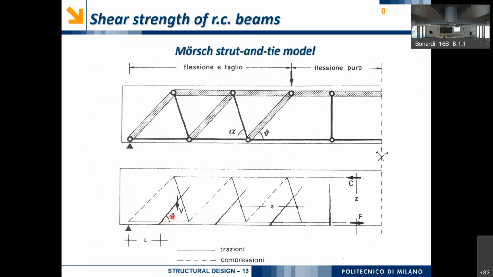Here we have this cracking, that is diagonal with angle theta, that divides some struts of reinforced concrete from each other. So we have these diagonal struts, puntoni in Italian, that still work. They are still capable of resisting actions, but there is no possibility to resist in all the sections that are characterized by these cracking surfaces, because basically the material is no more homogeneous and it is no more capable of inducing some